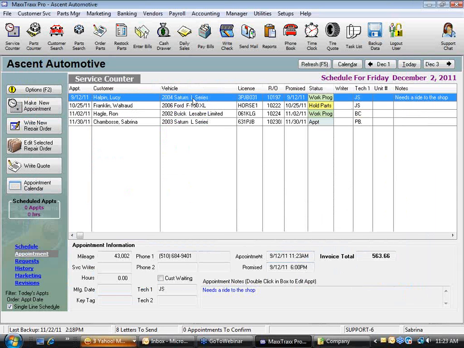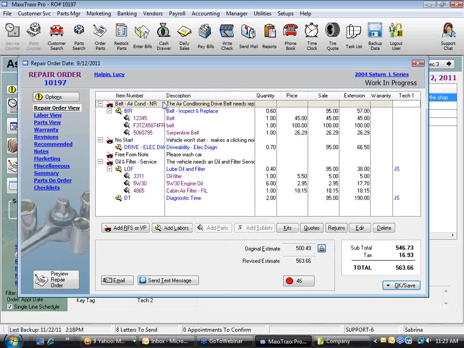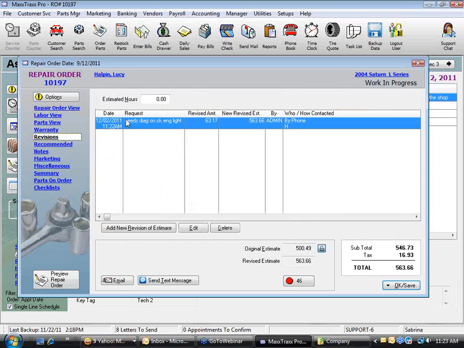So then, what does that look like? Well, first of all, I'm going back in. And again, you can turn that on in your workflow. Under my revision, I now have this authorization. But what it looks like on the RO